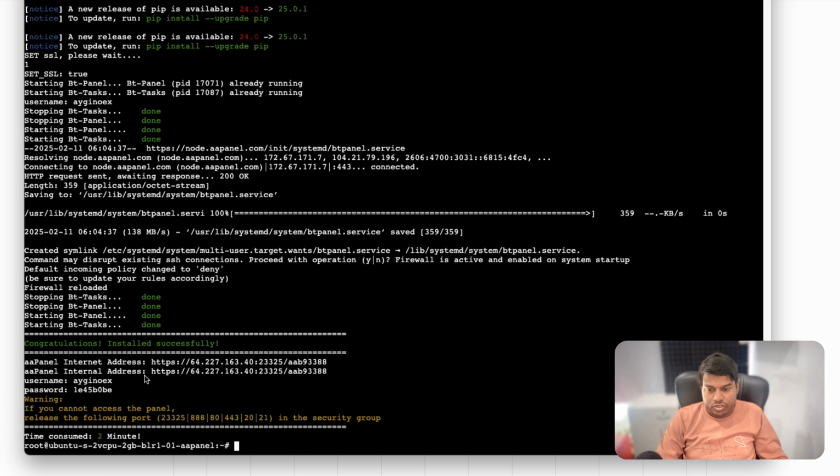You can see this. So here we have the URL for the login page, and these are the login details. Username is this and password is this. It also says we need to release the ports mentioned here. Since we are installing on DigitalOcean, these ports are automatically released. But if you are going with some other server like AWS or any other, you need to manually release these